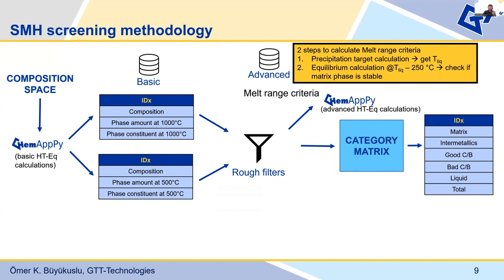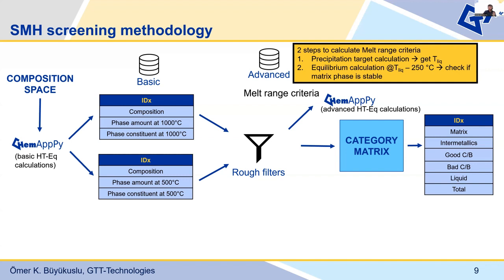Firstly, I did a precipitation target calculation in order to get the liquidus temperature. Below 250 Celsius of this equilibrium calculation, I then check that the FCC matrix phase is stable. So for each composition, first of all, we need to determine the liquidus temperature for that particular composition. Then we need to do one more equilibrium calculation at 250 degrees below and ensure that the FCC matrix is still